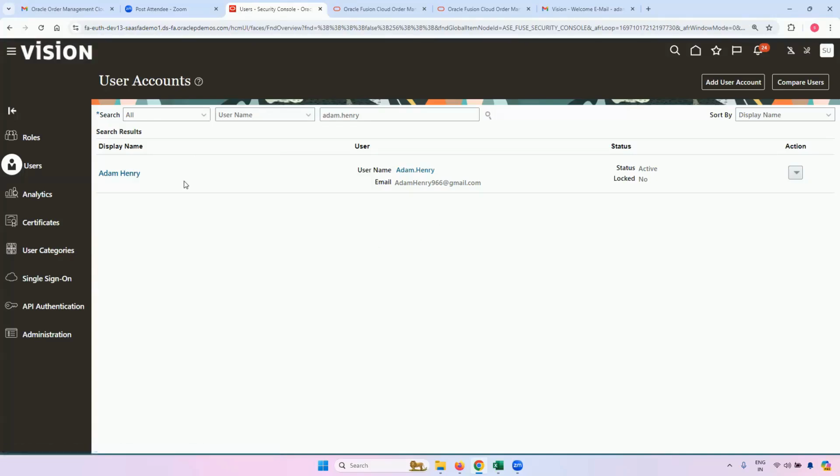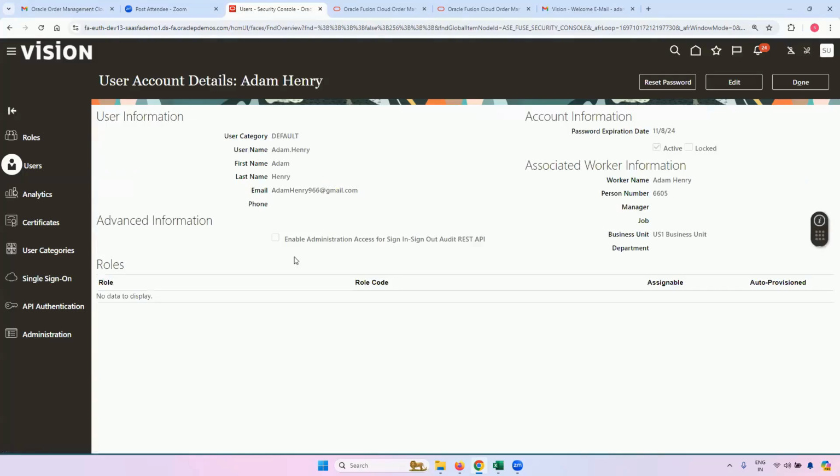Raj, one thing you might need to let Jeremy understand is that not everyone will have access to this place. It's not that any user can just come here and change their password as they want, because they won't have the access. It's because of what we are doing now that we have the access and we are seeing how the password is changed. Otherwise, in a normal setting, it is maybe the functional team or the technical team that will have access to this security console. It's not for everyone. Exactly.